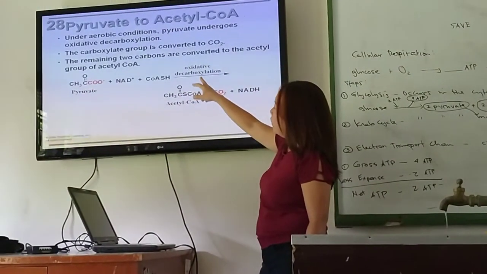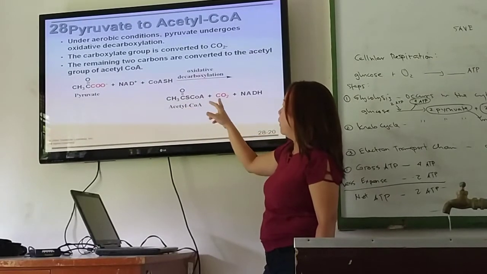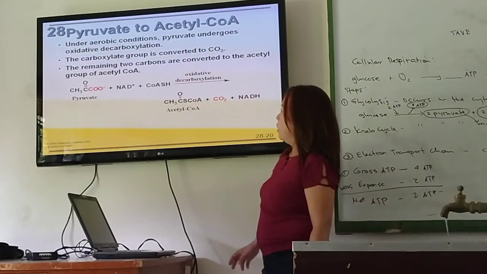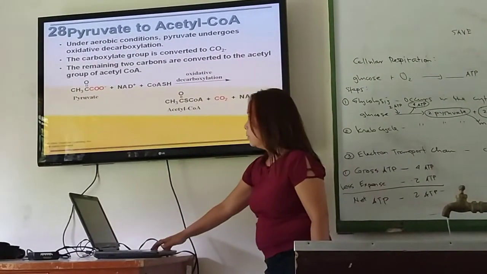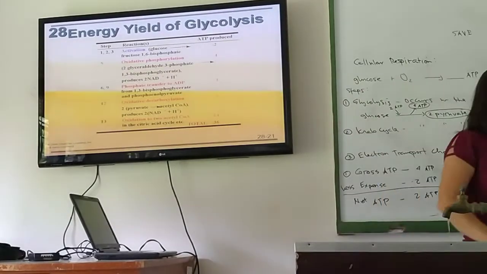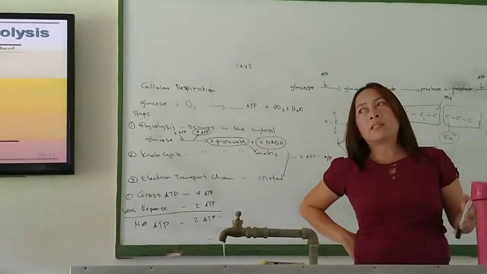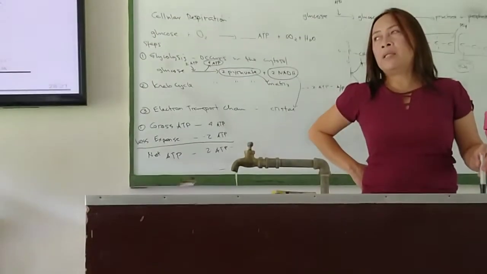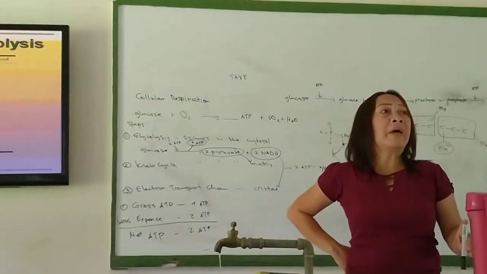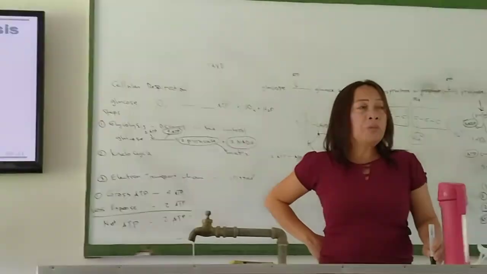So you have here oxidative decarboxylation: acetyl-CoA plus carbon dioxide plus NADH. So we are done with glycolysis. Next meeting we will be discussing the Krebs cycle, electron transport chain, and beta oxidation, meaning our breakdown